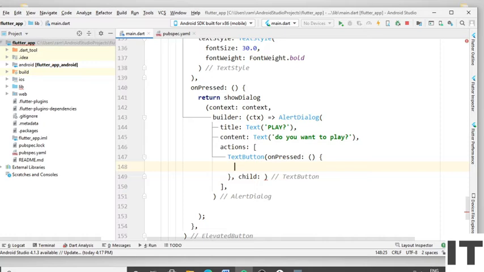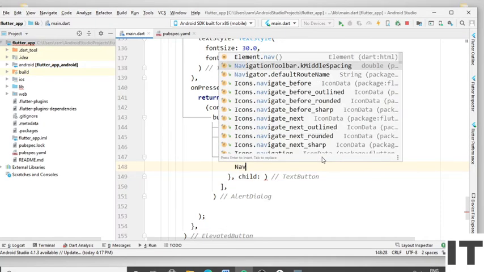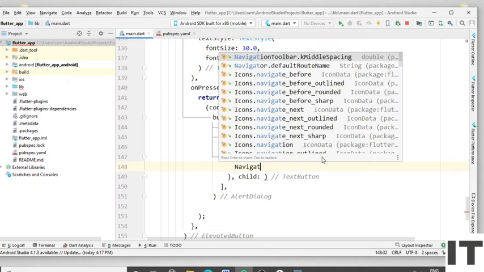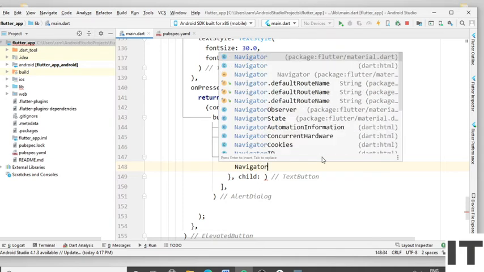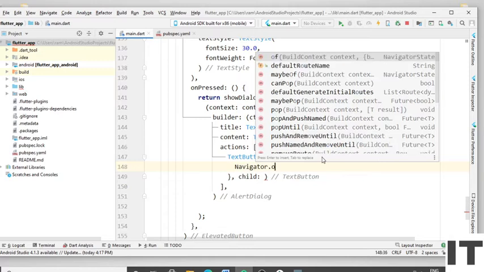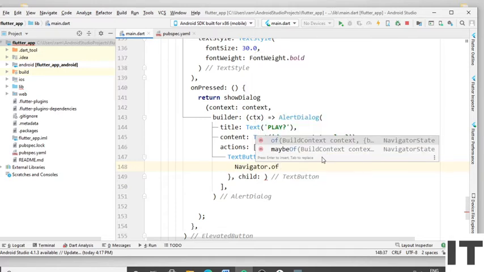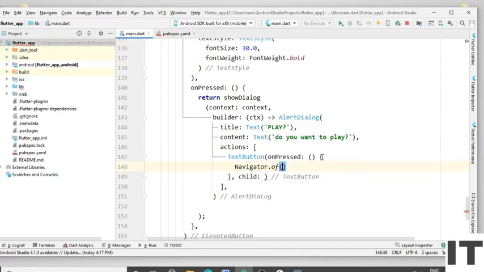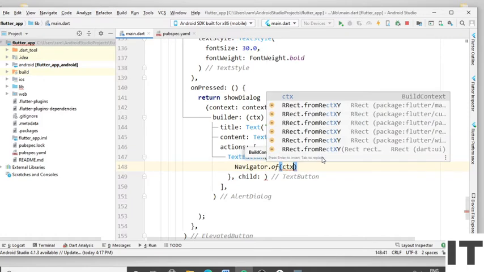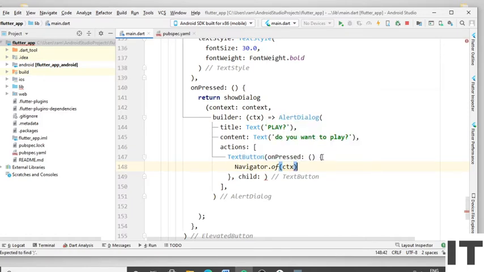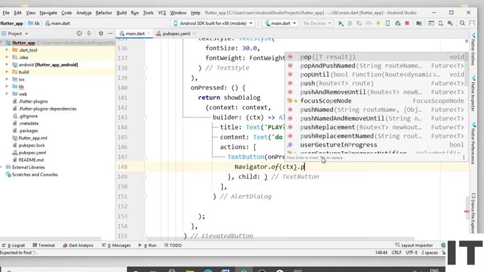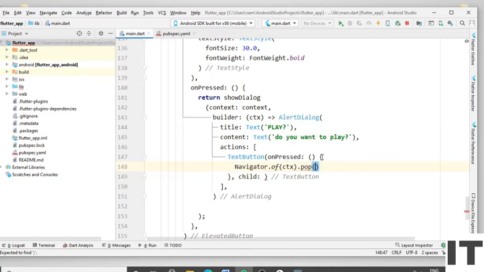Type the navigator. Give the full stop and type the of. Open the round bracket and type the CTX. Give the full stop and type the pop. Put the round bracket and give the semicolon.